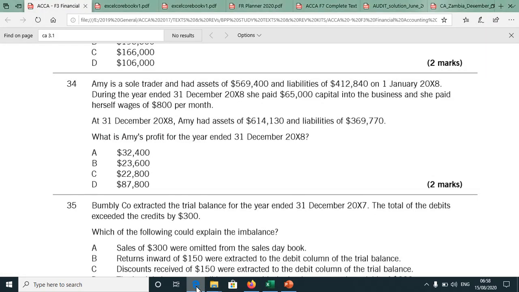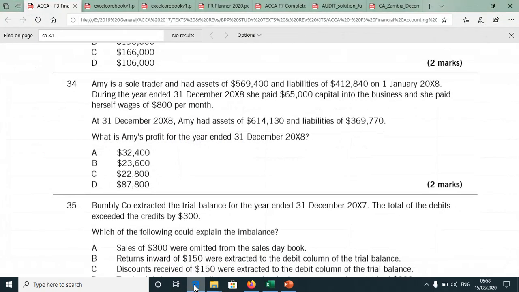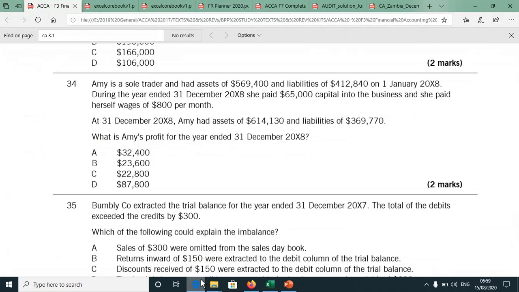What did we open? 569,400 minus 412,840 plus 65,000,